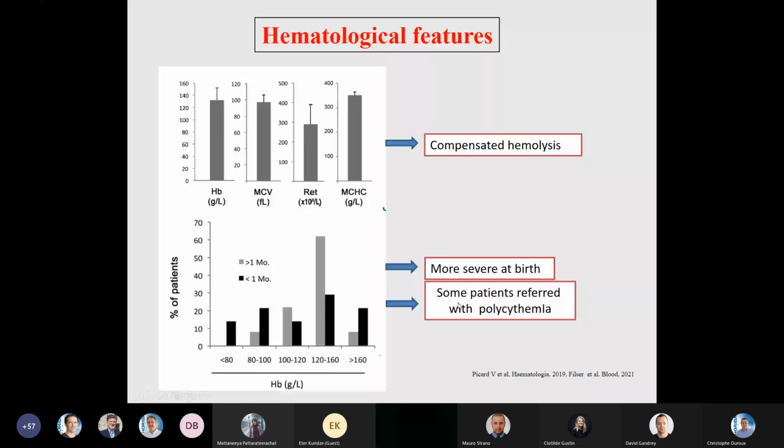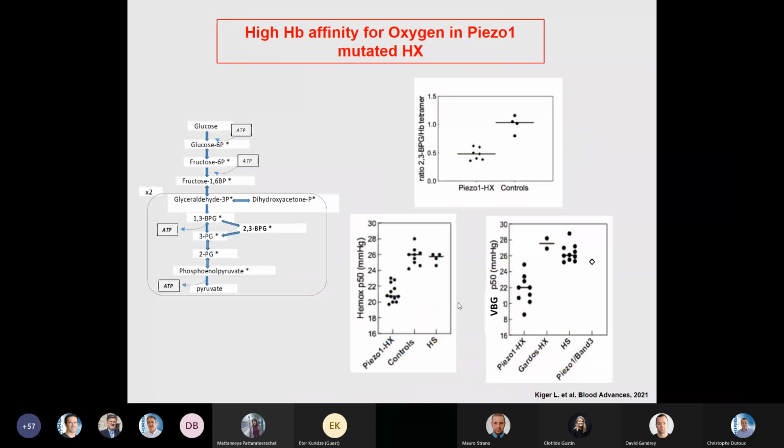They don't even have a normal hemoglobin level, they are polycythemic. Some patients with PIEZO1 mutation are now known to have a high hemoglobin level, which is totally paradoxical because on one side they have hemolysis, so a decreased red blood cell survival, but on the other side an increased red blood cell production. So you can see polycythemia in this disease in 5% of adult patients. We explain this polycythemia, from work published last year, by the fact that